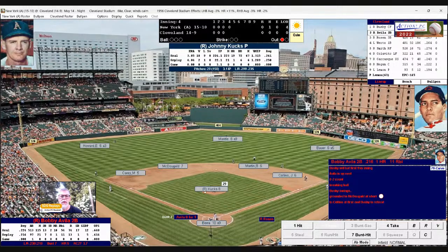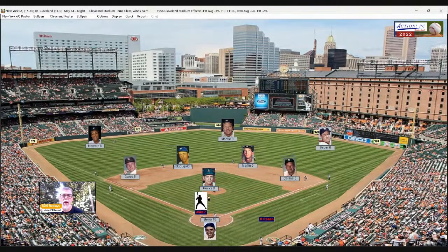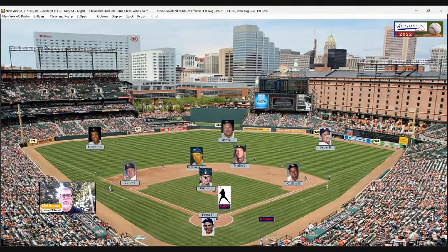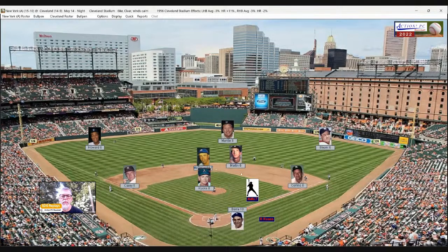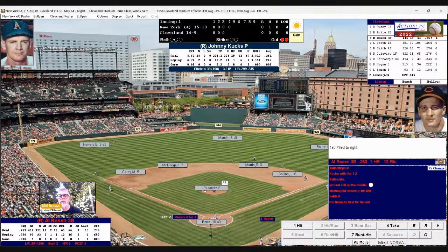Avila hoping to get a little more carry on the ball this time as Kucks goes into the windup, and the pitch. Ground ball hit toward McDougal as he moves toward second, up with it over to first for another 6-3 putout, and out number 2. And that's going to bring up Al Rosen to the plate. Rosen flied to right his last time up. Kucks